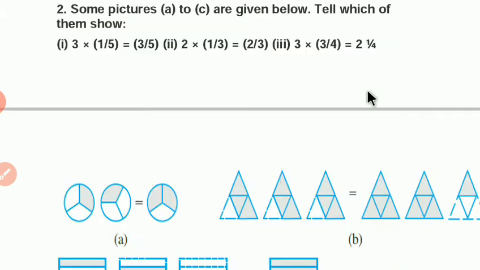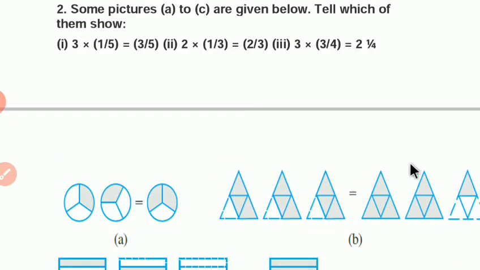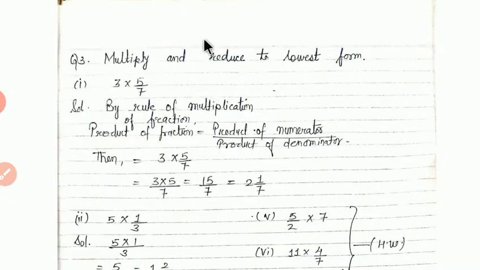And last one, 3 into 3 by 4, which is equal to 2 into 1 by 4. 3 means there should be 3 figures. 3 by 4 means there should be 4 parts out of which 3 parts are shaded. So you can see here 3 figures are there and 4 equal parts in which 3 parts, 1, 2, 3, are shaded. It means the answer of this one is 2 into 1 by 4. Here 2 means 2 figures are completely shaded and 1 by 4. 4 2s are 8, 8 plus 1, 9 by 4. Means 9 parts should be shaded. So 4, 4 plus 8, 8 plus 1, 9. So answer of third one is figure B.